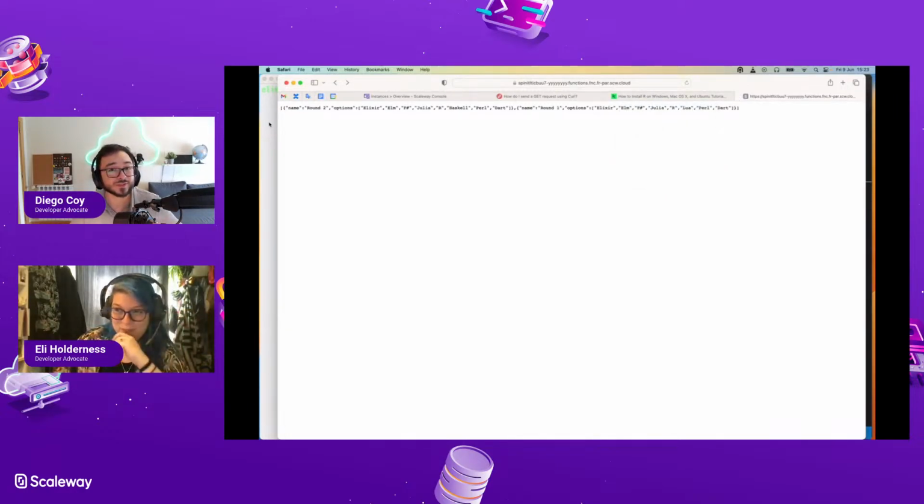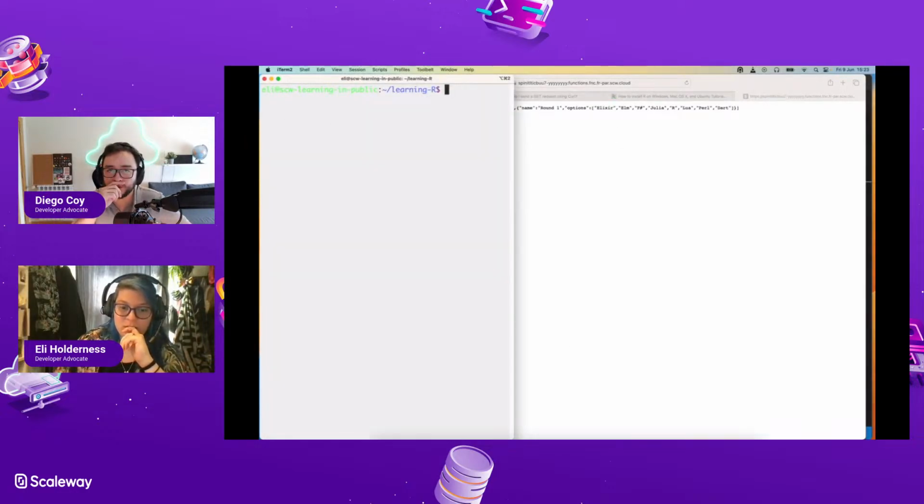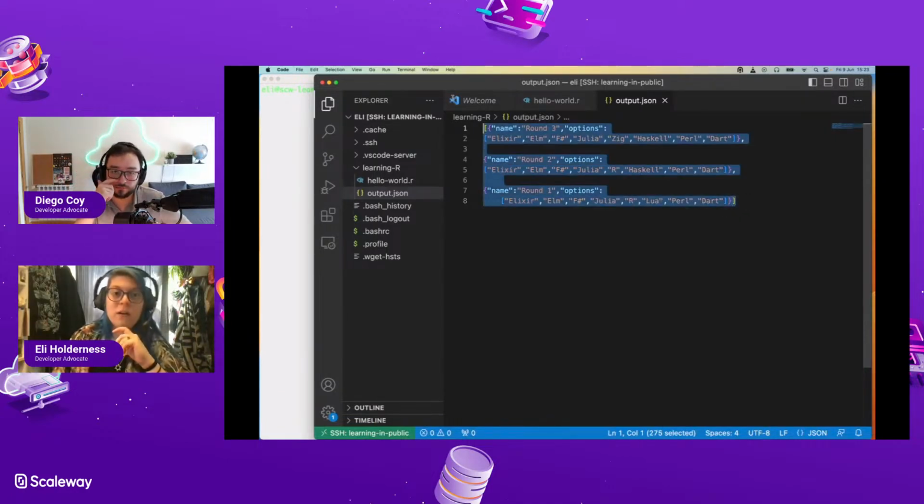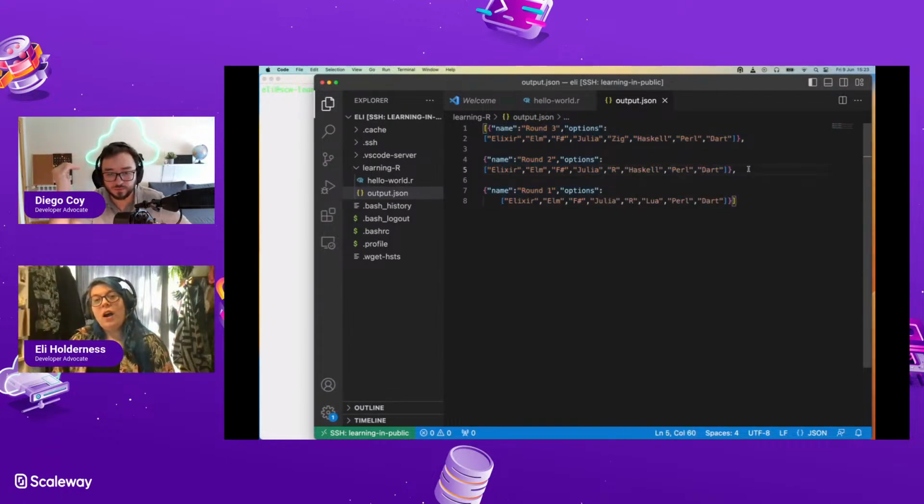Right. So you need to make a script or program that automatically goes and checks all the sessions, all the rounds, looks for the latest one based on the number. So you will see that are named round 1, 2, or 3. In this case, you'll need to find the latest one or the highest number, round 2. And then extract the options list, and out of that options list, remove or replace the current language with the new one that you select. Then take that JSON and send it as a POST request to the add new round endpoint in the API.